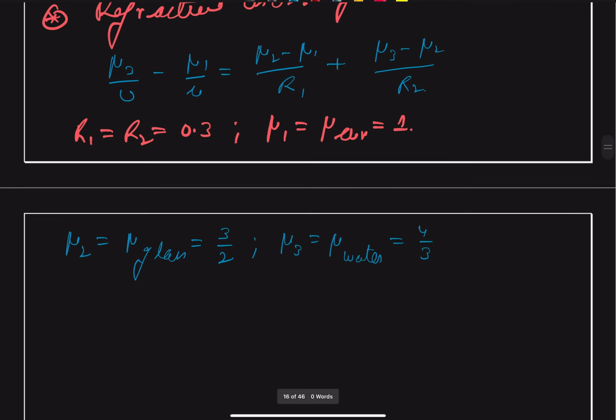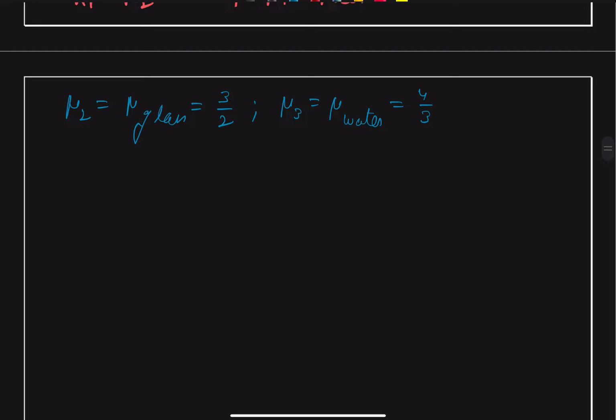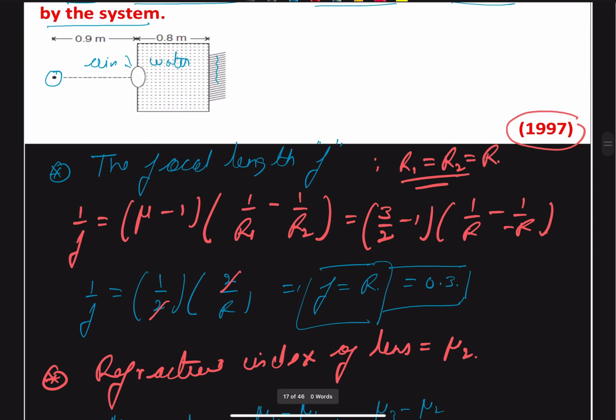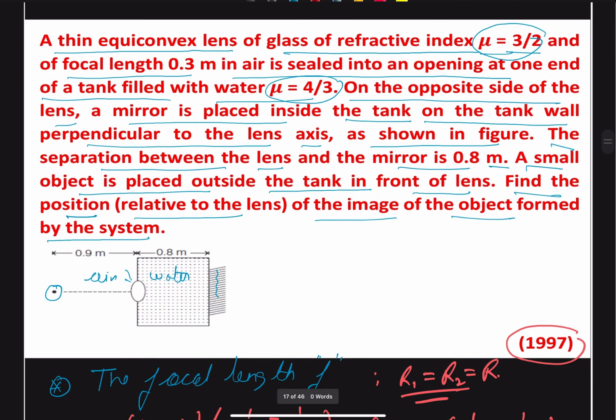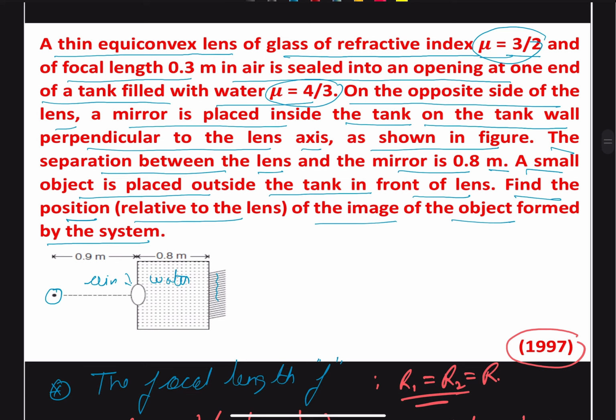So we can write that 4 by 3 upon V minus, and this comes as 0.8. Yeah, the separation between the lens and mirror is 0.8, and a small object is placed in front of the lens. Okay,